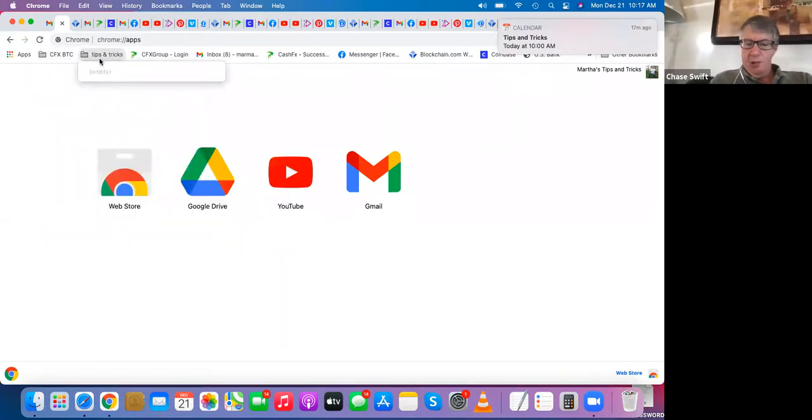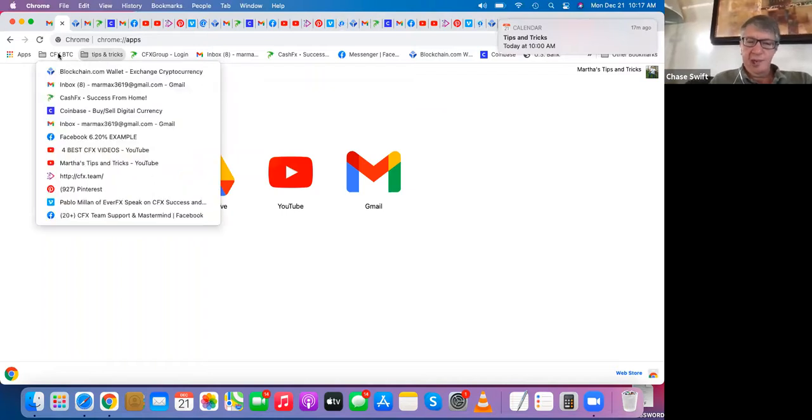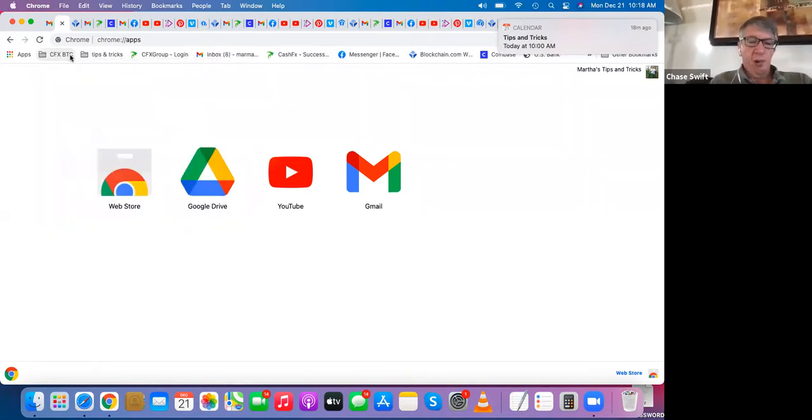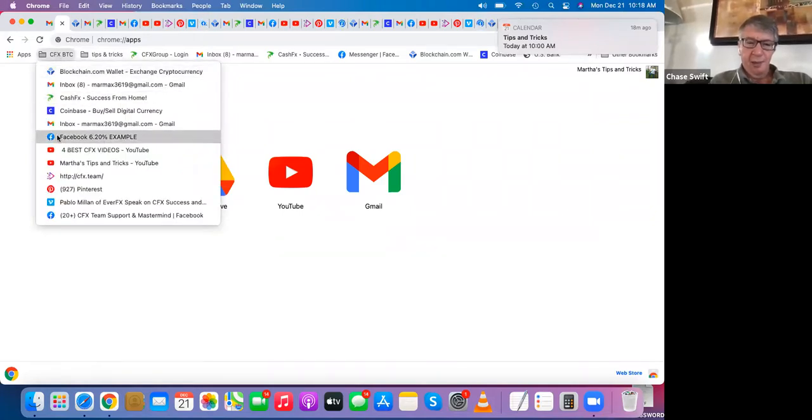So you already have one that is CFX BTC, CFX standing for CashFX, BTC standing for Bitcoin. So these are the blockchain, her inbox for Gmail, her CashFX, success from home, all things related to CashFX. We already have that set up. But now what we're going to do is almost duplicate it in a way in the folder next to it,